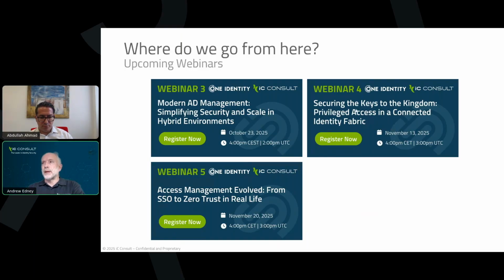Yes, so that's one aspect of privileged access, and then we've got the other privileged access management also being discussed on the 20th of November with Floyd and Holger. So in one aspect, it's to do with the zero trust side of this, and one of them is how you are connecting things together. So this is how the fabric lines everything up. So it'll be good to join those.